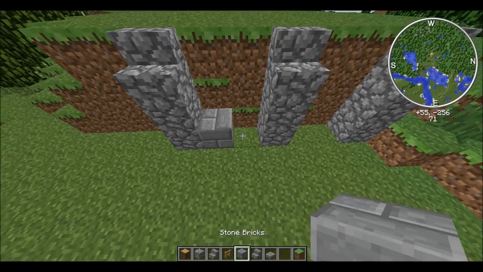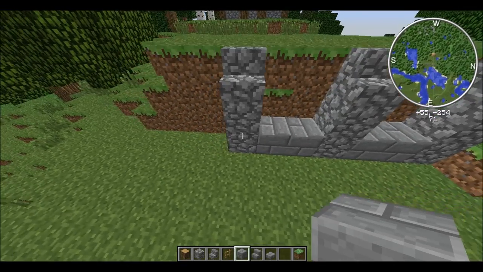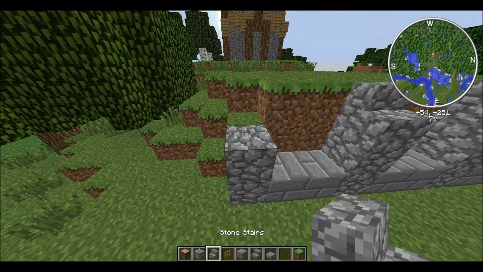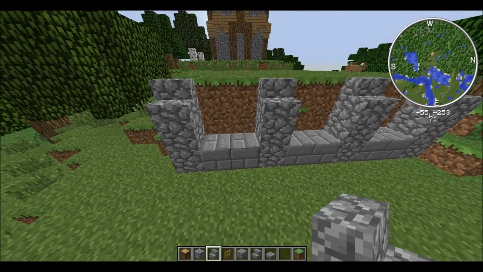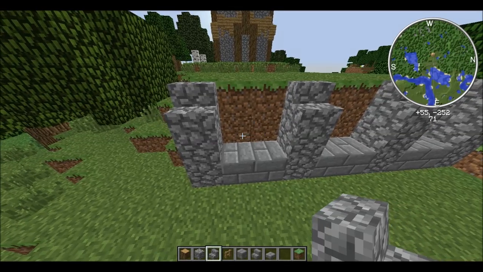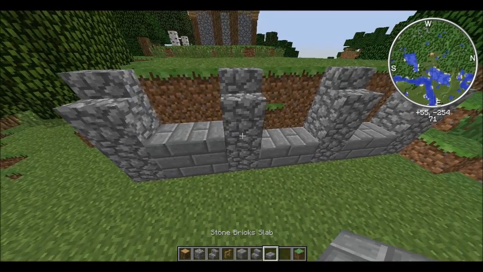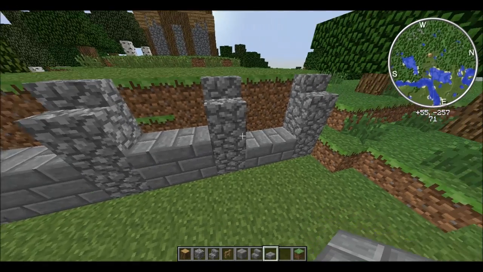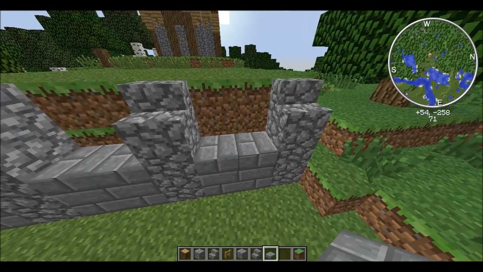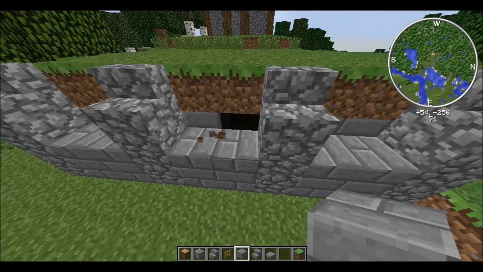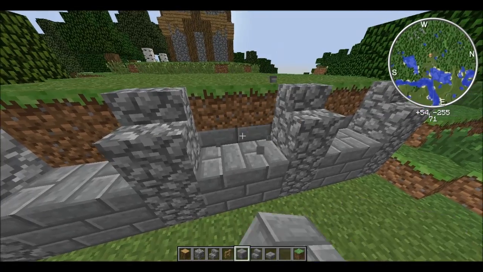And then go ahead and place stone bricks between it like so, and actually I'm just going to quick do this for my own sanity. And then back here go ahead and place half slabs on top of all that, and then go ahead and place a regular stone brick behind the half slab like this.